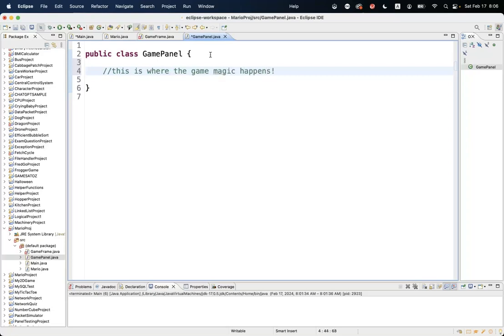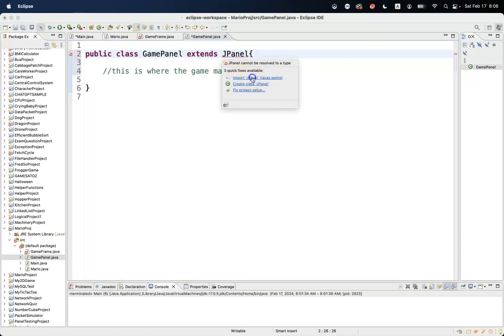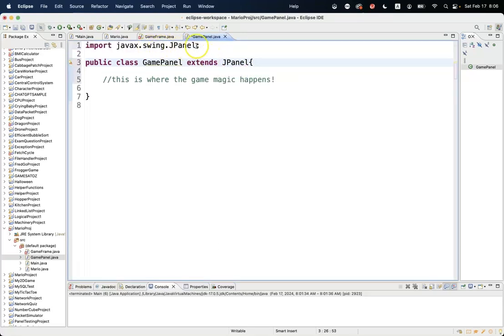happens. Okay? And to help me do my coding for the panel, I'm going to borrow loads of code from Java's JPanel class. Okay? Now, because I want to do that, I am going to have to import the JPanel class from Java's Swing library. Now, we're going to follow the same routine, guys. What are the properties of my game panel? Well,